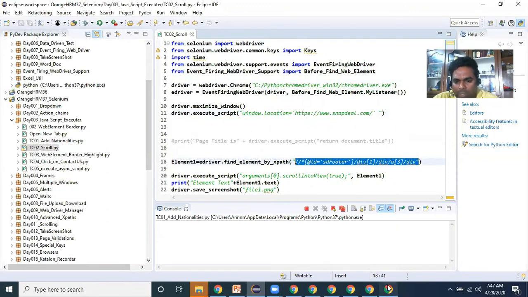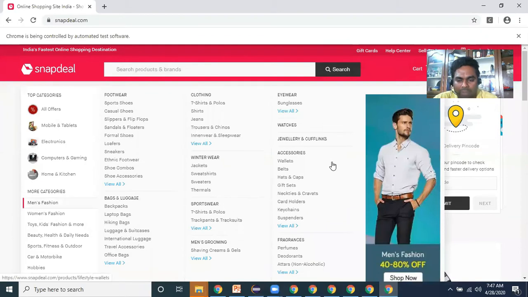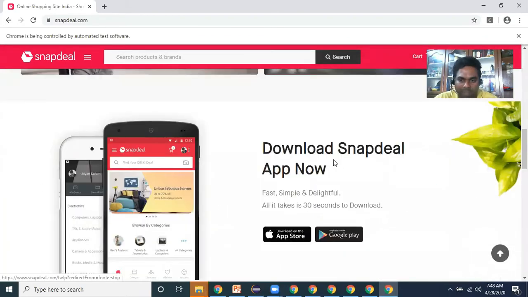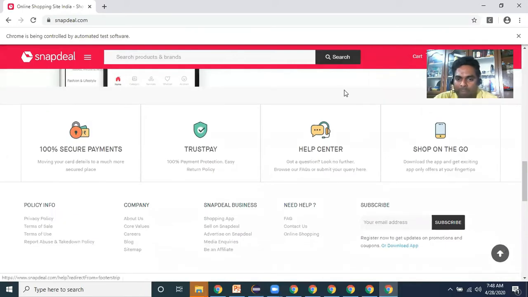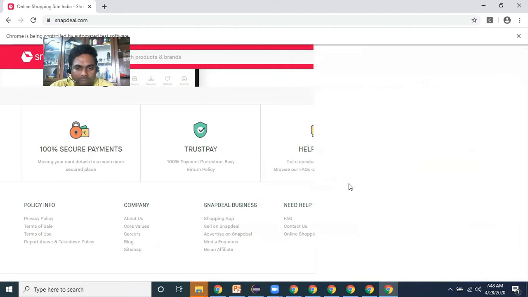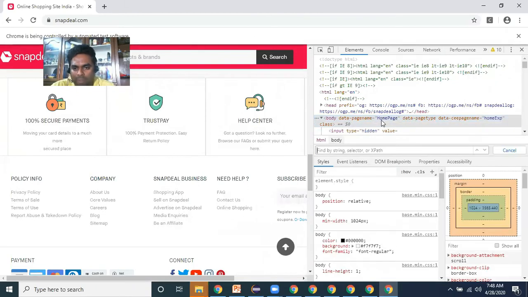If you write driver.save screenshot, always the current active screenshot only will be captured. But I want to scroll, and after that I want to take the snapshot, wherever my web element is located. So just a minute, I'm right clicking, clicking on inspect, and Control F, Control V.